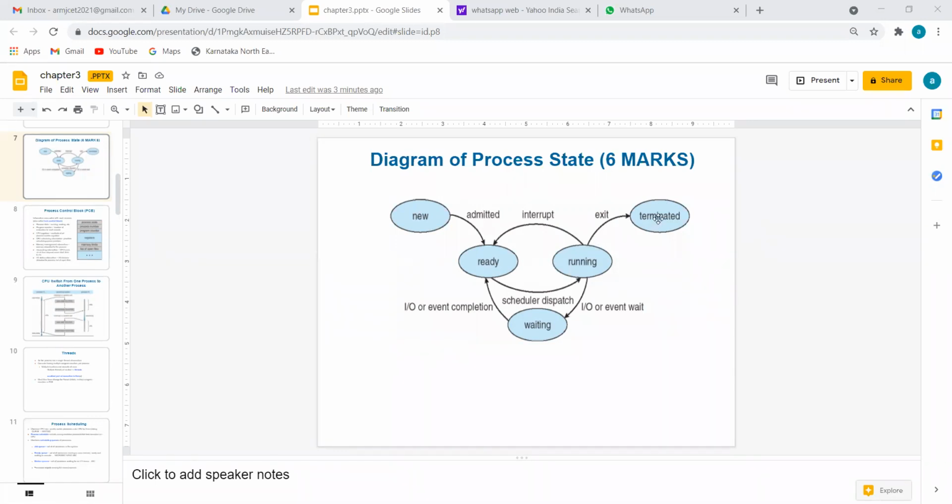Do you think the process has successfully completed its execution? Yes or no? Answer. New to ready. Yes, that is also right. New to ready, ready to running, running to exit. One thing, there was no disturbance in the name of an interrupt. And another thing, there was no waiting because all the resources were given on time. Hence it is a successful completion.